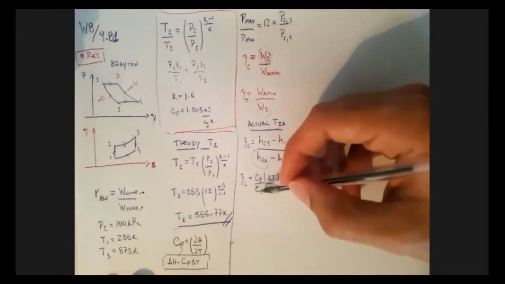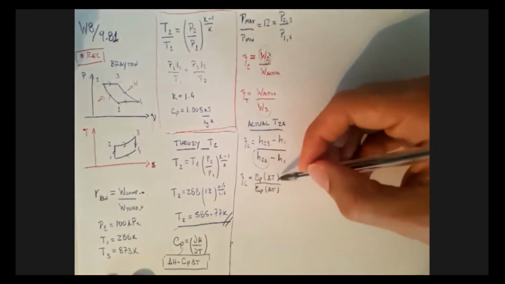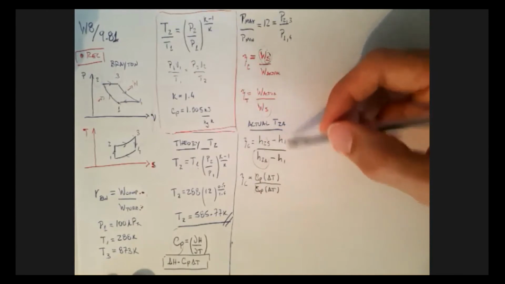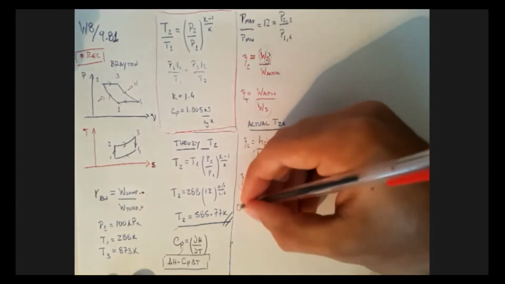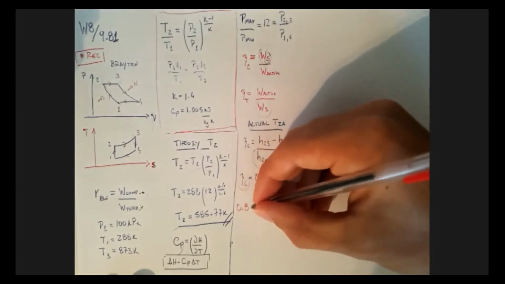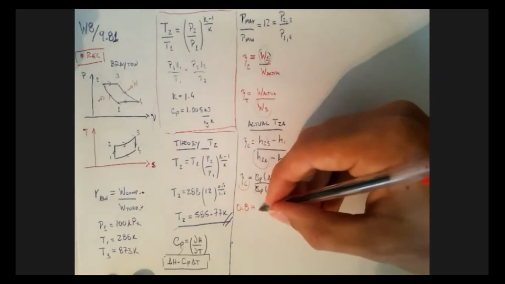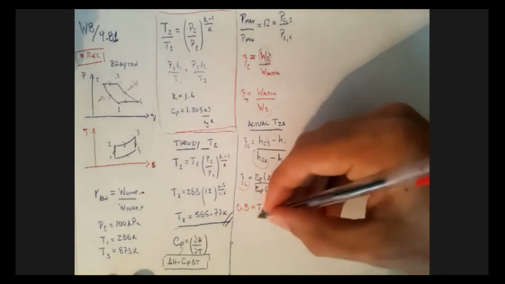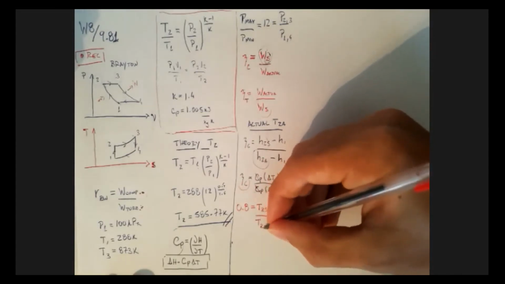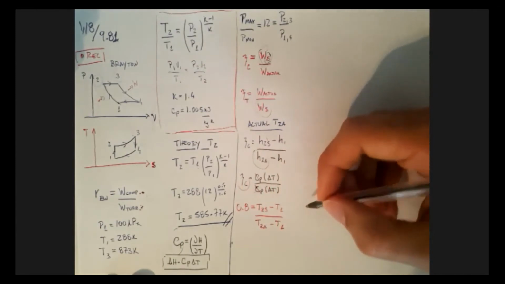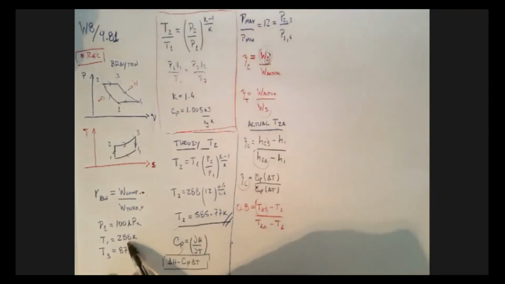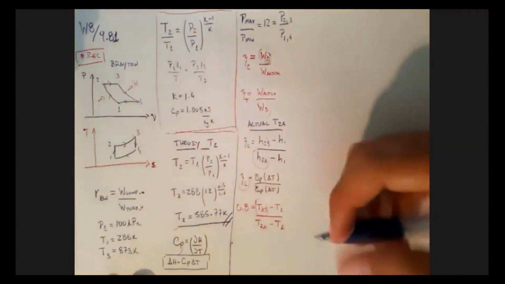The Cps over here, they're the same, but the delta Ts are going to be different, right? We're going to have the isentropic temperature here. Temperature one is the same. So if this is 80%, 0.8, efficiency, my delta T will be T2S, the ideal one, minus T1, divided by T2A, for the actual one, minus T1. Okay, T2S 585, T1 288, T2A is the only unknown in this equation. So I can go ahead and solve for